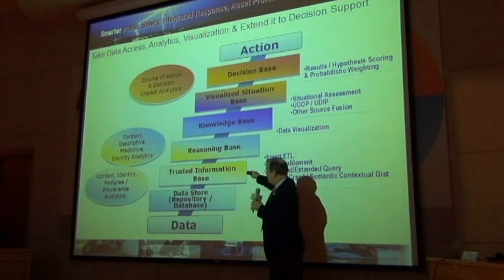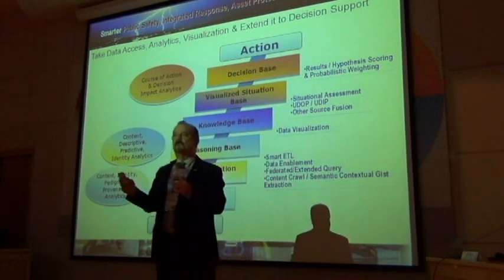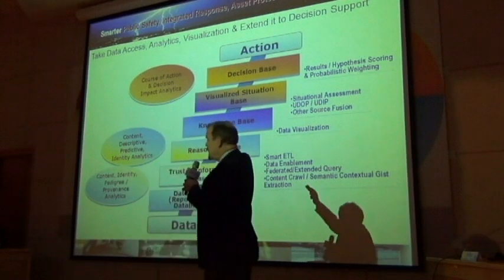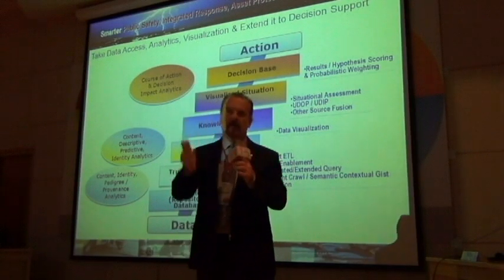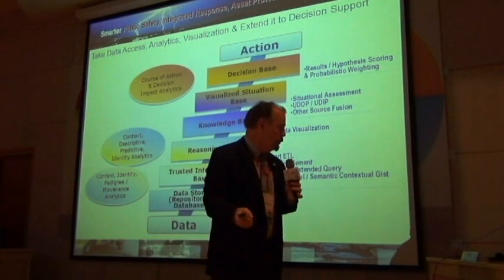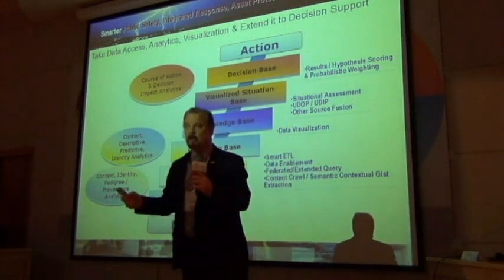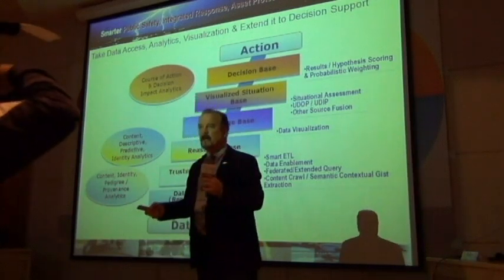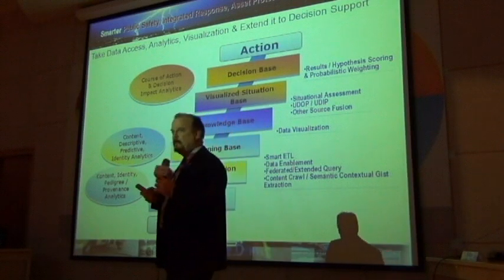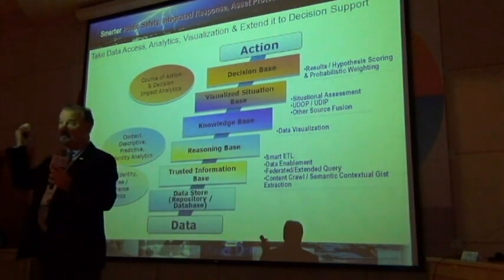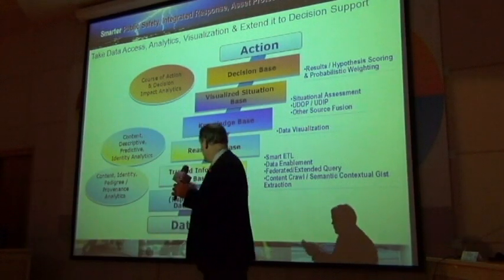So once I establish a trusted information base, then I have a reasoning base. Then by relaying it to people, I start to have a knowledge base. That knowledge base, when visualized, becomes a decision base. You can't have action without a decision. We all know in the public sector, in order to have actionable intelligence and actionable information, I have to be able to visualize it and absorb it, because a human presses a button and pulls a trigger, not a machine. And that's not going to change just because all these machines are here.